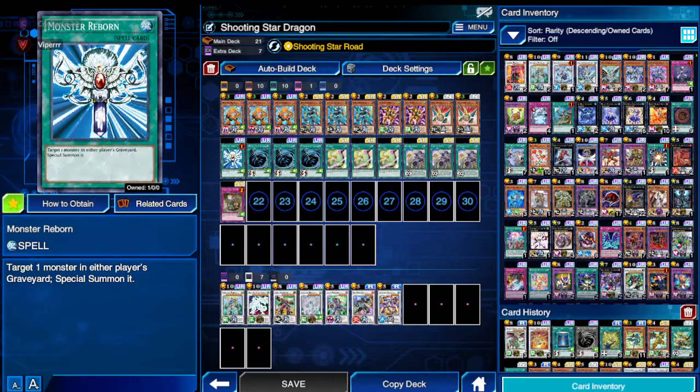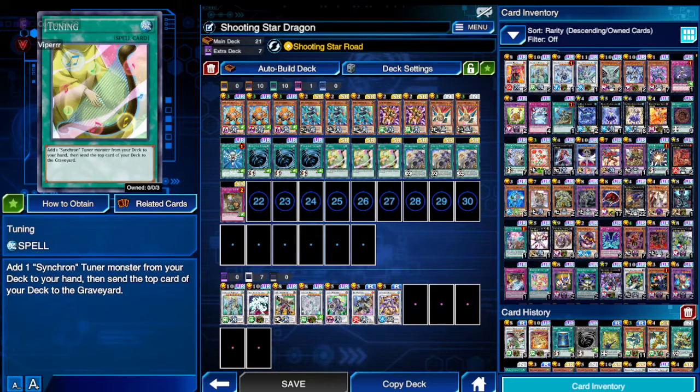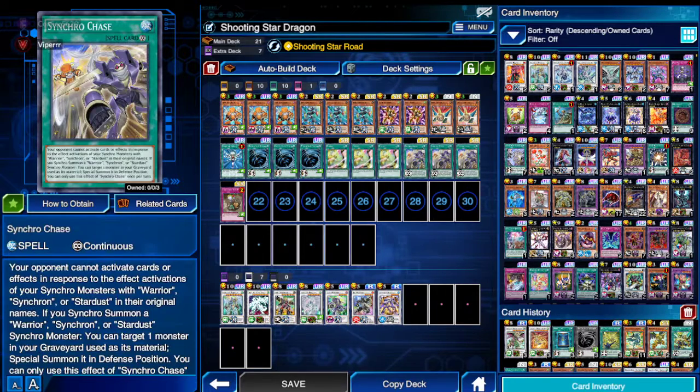Obviously, you know what Monster Reborn does. It's another way, especially to bring in your Stardust or your Shooting Star if something happens to it. Obviously, we know what MST does. We've explained what Tuning does. So yeah, Synchro Chase